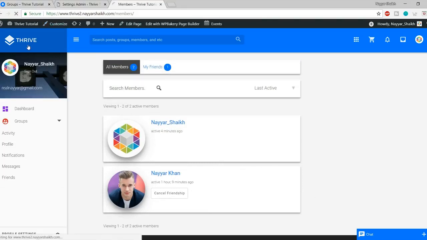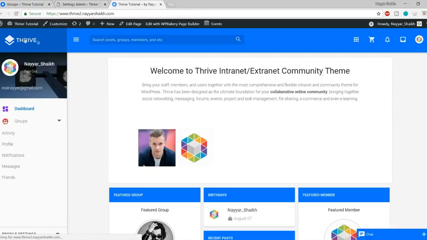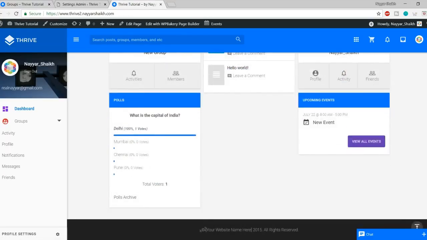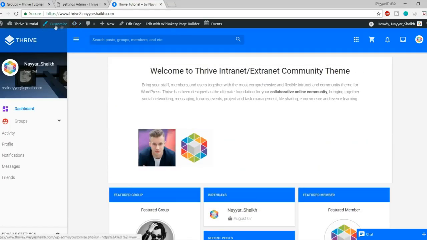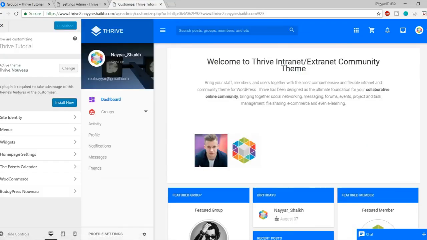Now there are a few things left. First let's go to the home page. For example, how to change the logo, how to change this bottom footer and all. So let's see how we can do that. Click on customize at the top. As you can see now, it says a plugin is required to take advantage of this theme's feature in the customizer. So simply click on the install now button,